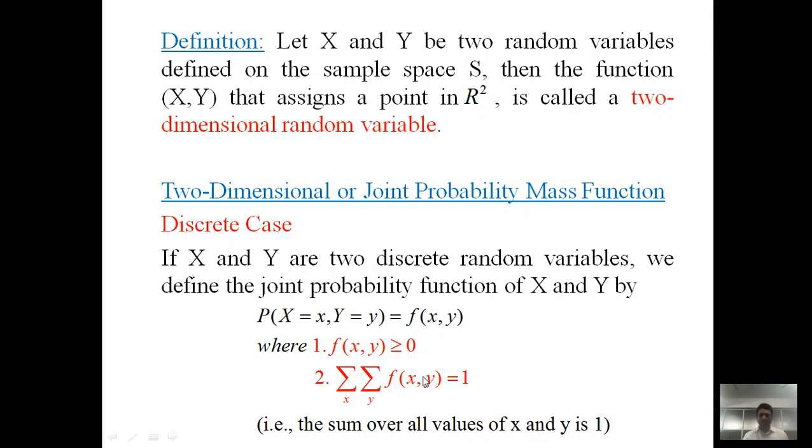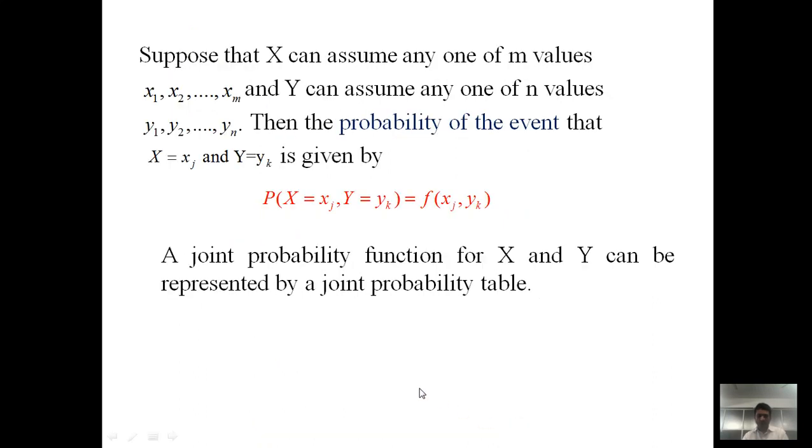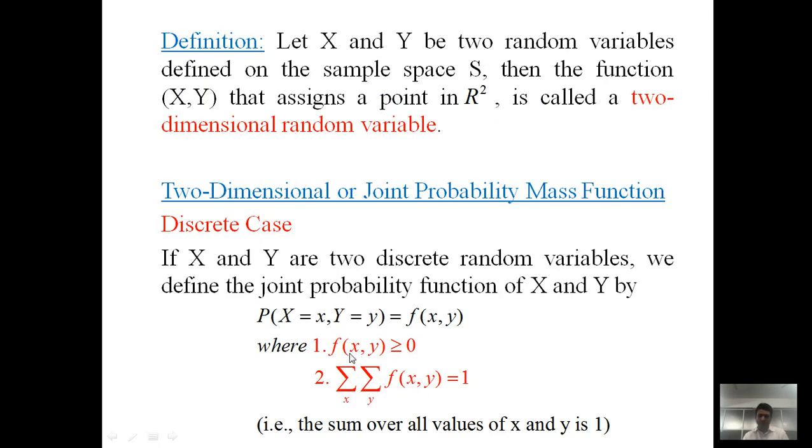The conditions remain the same; we just extend from one dimension to two dimensions. In a one-dimensional discrete variable, we know that the first condition is f of x greater than or equal to 0, so it simply extends f of x to f of (x, y). The second condition is the sum over all xi of f of x is 1, so again it is just an extension from one dimension to two dimensions.